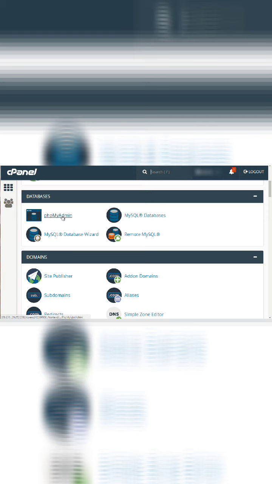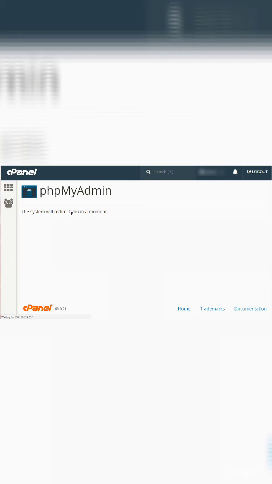What this allows you to do is take a peek at the database itself. Now, I will warn you, do this very, very cautiously, because any mess up could potentially mess up your whole site. But I wanted to show you this because sometimes, if you have basic detective skills, you'll be able to get an idea of what's going on inside the database. So if you click on PHP MyAdmin, it'll open up and allow us to edit specific